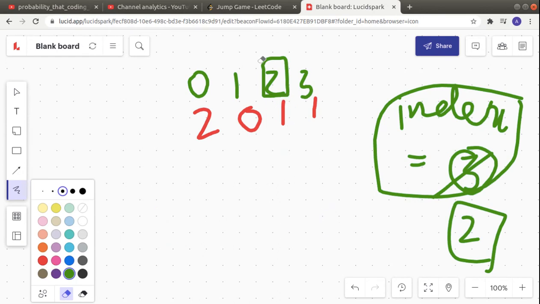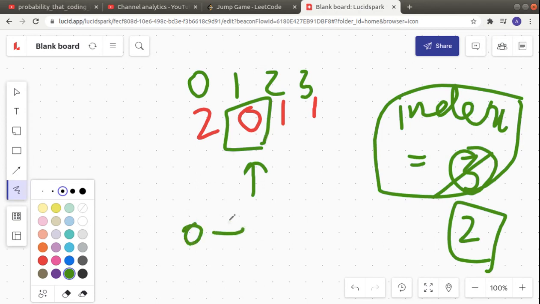So now we move forward to the next leftmost index. So now we have index which is having a value of 1 and the number is 0 here. Okay, so now again we will check. So the value of the number is 0 and the value of the index is 1. So 0 plus 1, is that greater than or equal to 2 or not? 2 is the current index. We want to reach at least the second index.